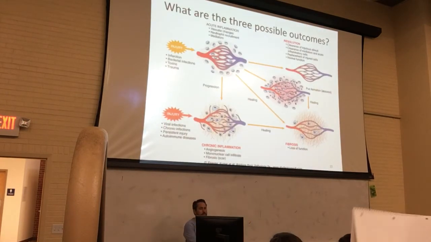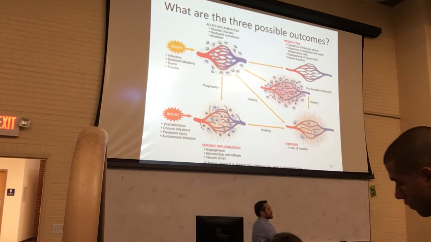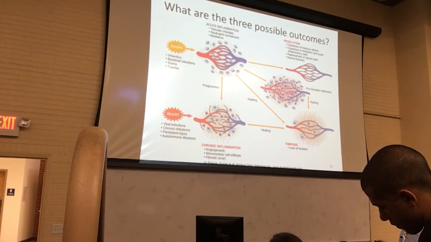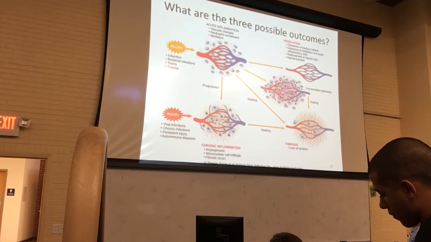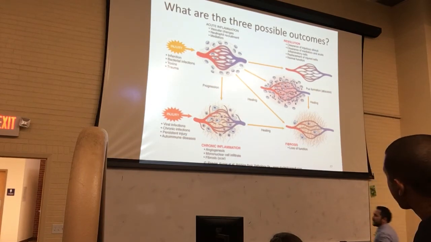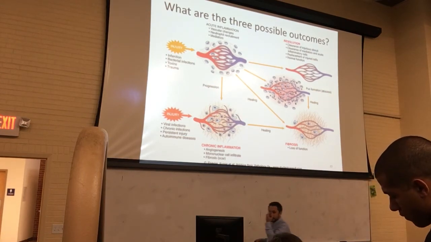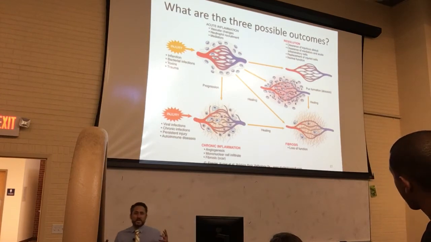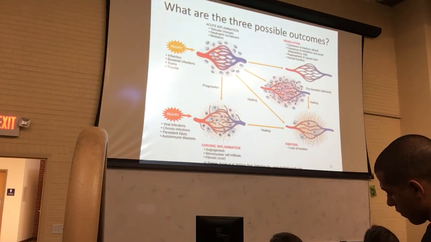All right, so what are the possible outcomes that can take place with inflammation? Right, we can have resolution. So we've got acute inflammation in the upper left, and we've got chronic inflammation in the lower left. And as we move from one stage to another, we can see that there are different possible outcomes that can be realized. So in acute inflammation,